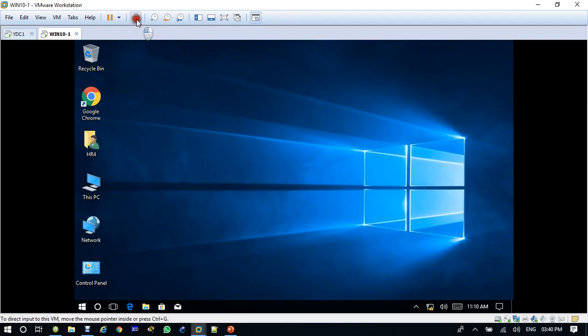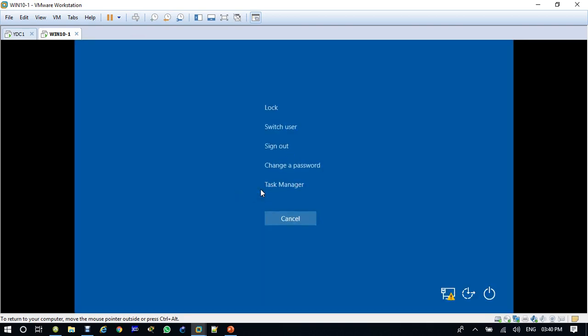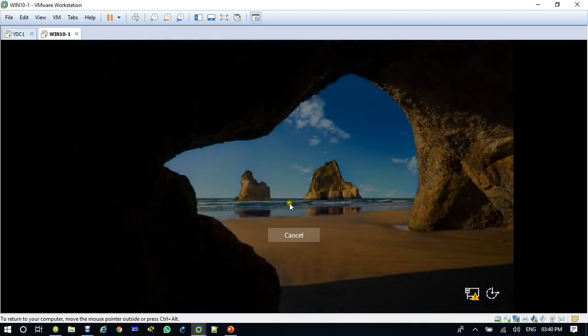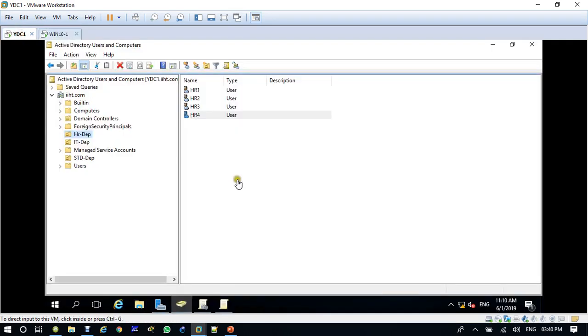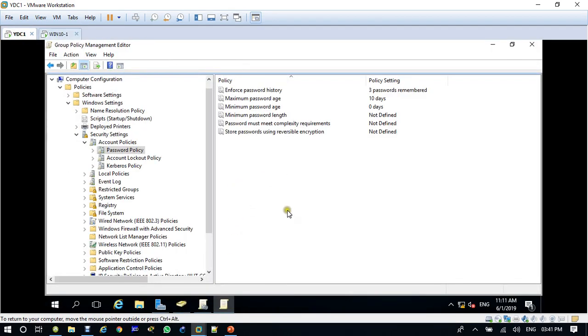Now let's try to change the password as per the policy you have assigned. Let me log in here to show you the policy you have assigned.